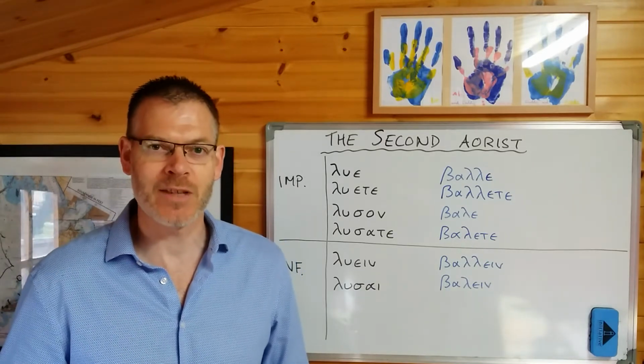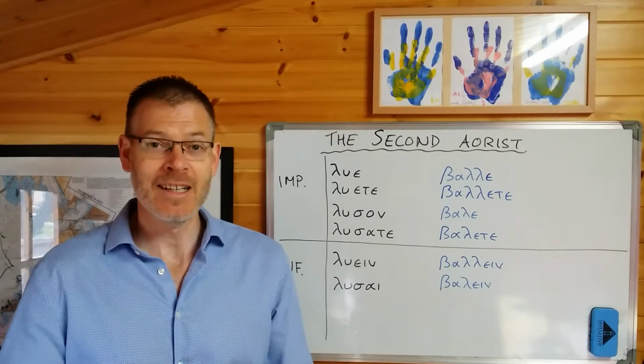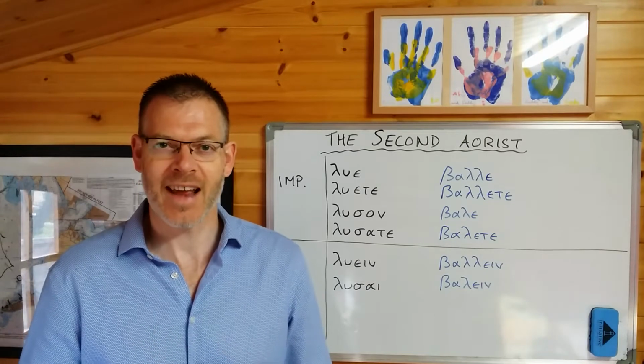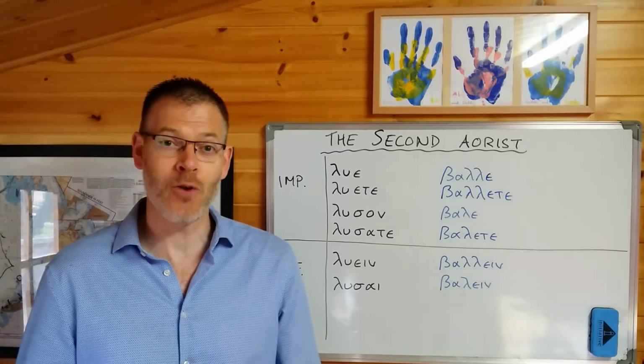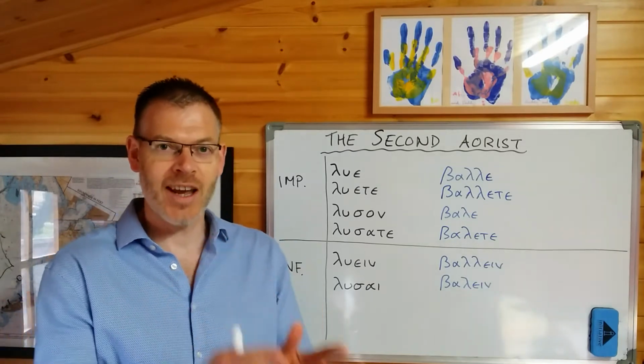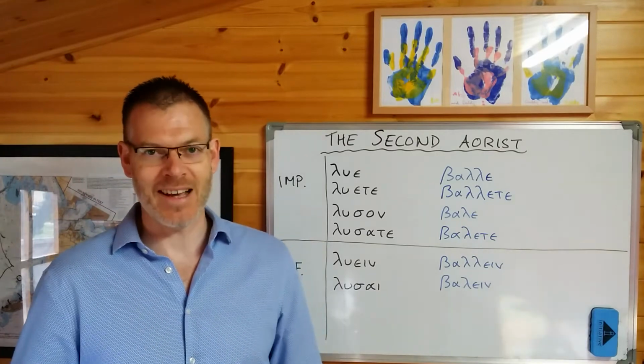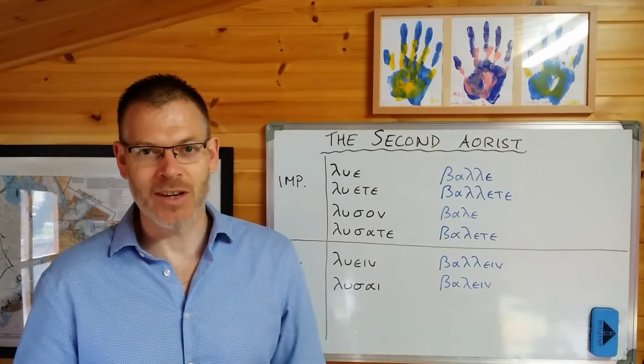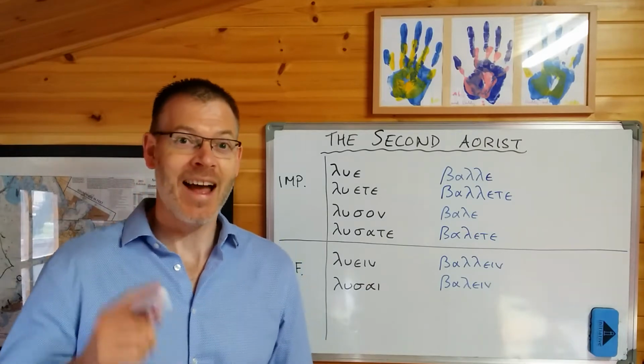Now if you remember the previous video, we introduced the second aorist, and the key thing that I said is that when you're trying to form a second aorist or trying to recognise it, what you're forming or recognising is change stem, imperfect ending. And the challenge, of course, is to remember the stem changes. There's nothing much we can do about that except to encourage you to learn them, and also to say that,